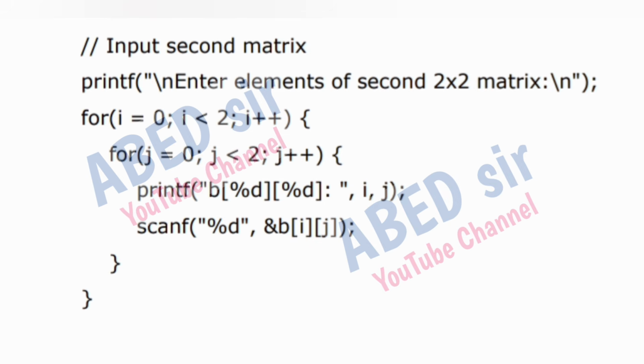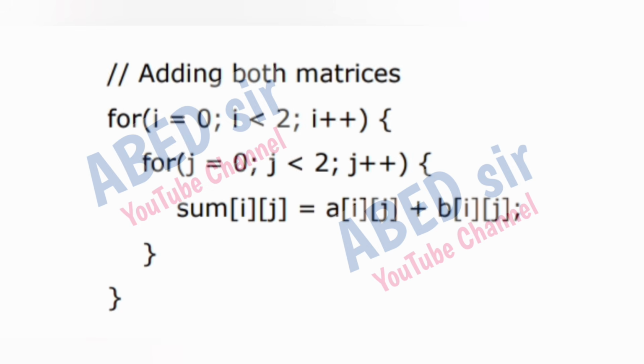For i = 0; i < 2; i++, for j = 0; j < 2; j++, printf("b[%d][%d]: ", i, j); scanf("%d", &b[i][j]); Adding both matrices: for i = 0; i < 2; i++, for j = 0; j < 2; j++, sum[i][j] = a[i][j] + b[i][j];